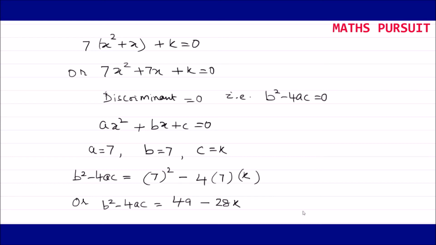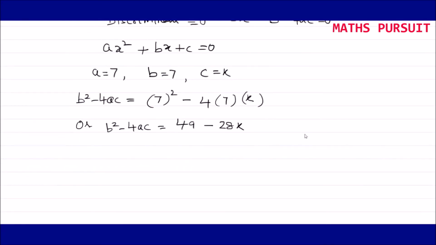Now the other interesting thing that we are going to use here and we are going to get our answer. So if you see here we have b square minus 4ac is equal to 0. This is what is given in the question. So let us conclude that 49 minus 28k is equal to 0. We are not assuming anything because it is given that this particular equation is having equal roots. For that reason we have considered b square minus 4ac, which is 49 minus 28k, equal to 0. Now let us solve this.